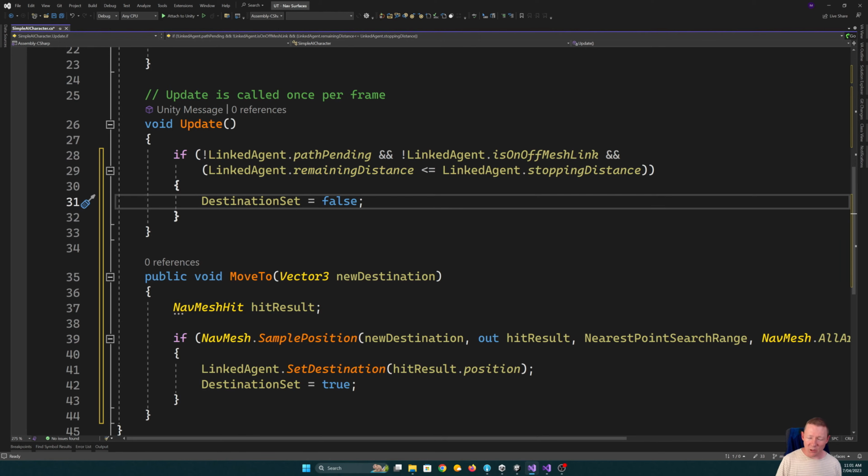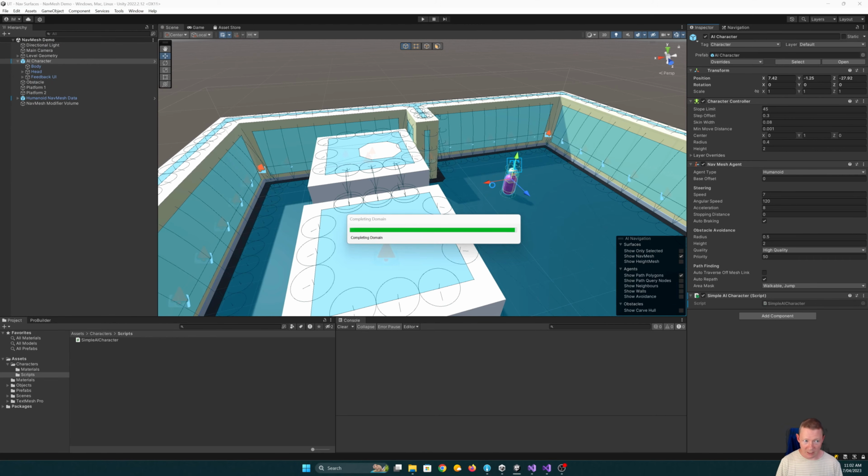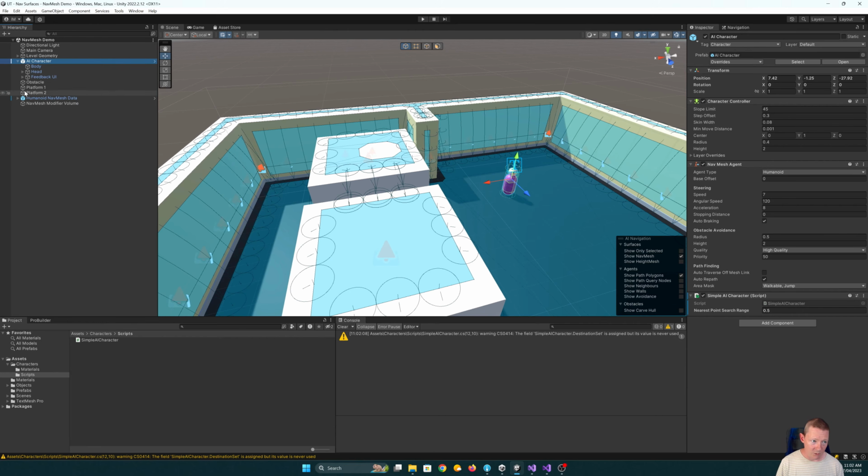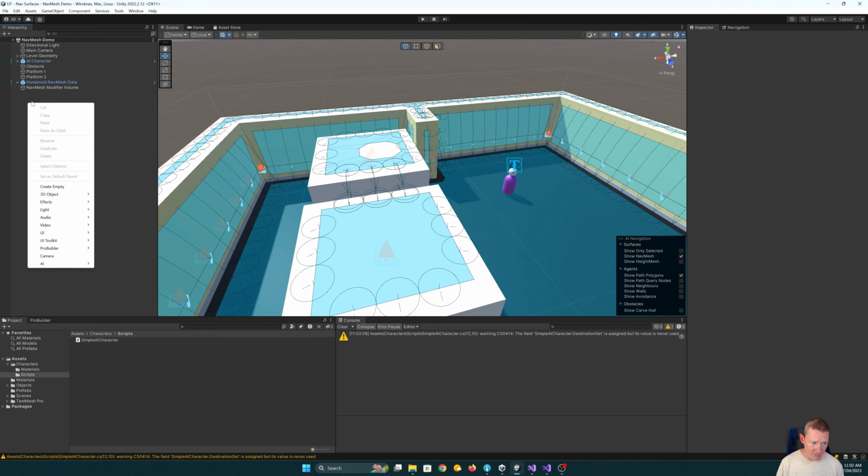It's one of the downsides with the NavMesh agent, that it is a little bit of a hassle in that regard, that there is a lot more things that you need to check just for reliability there. So, okay, so far so good. Now I want to be able to tell it to go to locations though. So what I'm going to do